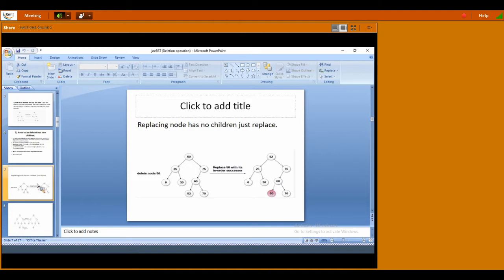This is one particular tree. Here, I want to delete 50. 50 has a left subtree and a right subtree. So directly I cannot take out 50, because then the tree will be disconnected, and it should not violate the property of BST. First of all, you can select either the successor or predecessor. The in-order successor is in the right subtree. What is the right subtree? 75, 60, 52 and 70. These are the four nodes in the right subtree.